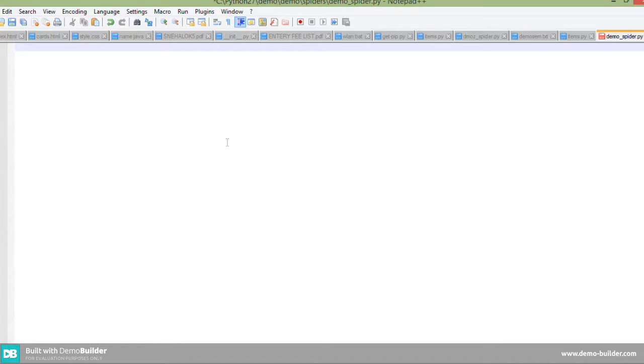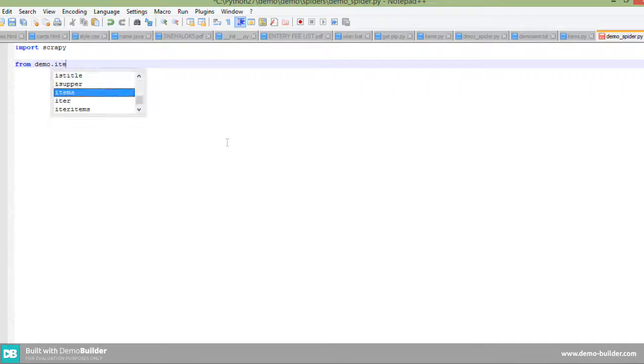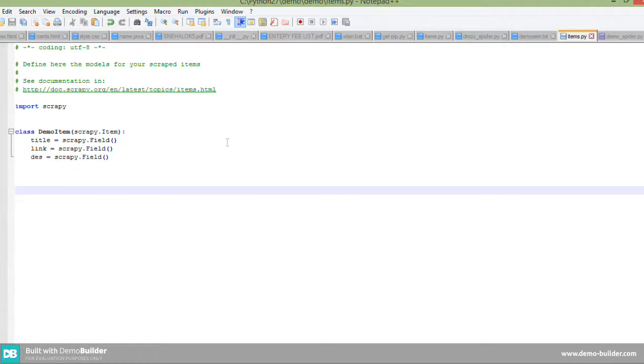In this spider we need to write the code. It's actually Python code, like import scrapy. Next we initialize the items. We need to import the item also, from demo.items import DemoItem.